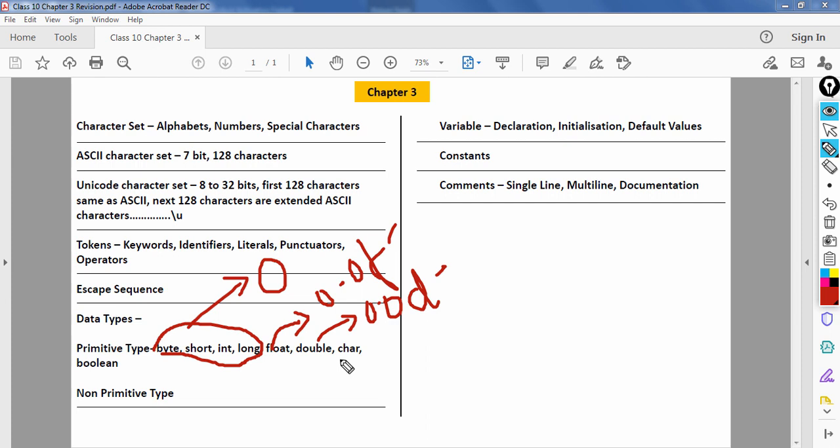The default value of character is the null character. And boolean is by default false. So these are the default values of different kinds of data types.